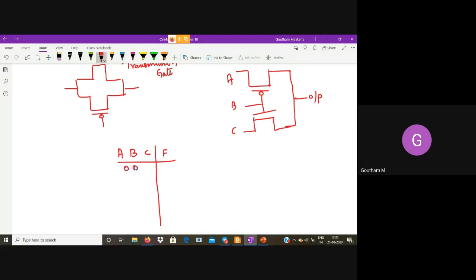So this is F, with inputs 000, 001, 010, 011, 100, 101, 110, 111. In the first case, when B is 0, is PMOS on or NMOS on?